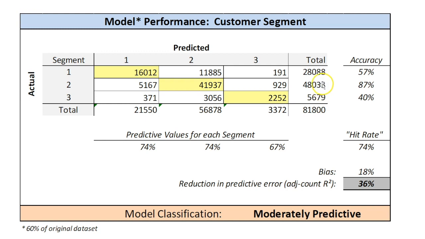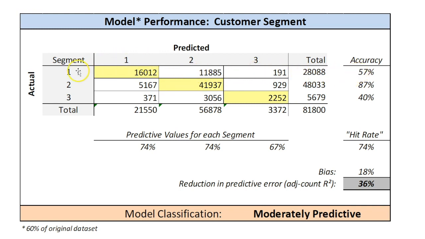Right, okay. So customer segment 2 is the largest group here, 48,000. And then customer segment 1, there were 28,000 here. What this n by n, or basically 3 by 3, says is, for the actual segment 1 members, which is 28,000, how many were predicted as 1s, how many were predicted as 2, and how many were predicted as 3. You'll see that 16,000 were in fact correctly predicted as 1s, 12,000 were incorrectly predicted as 2, and about 190 were incorrectly predicted as 3. And so the